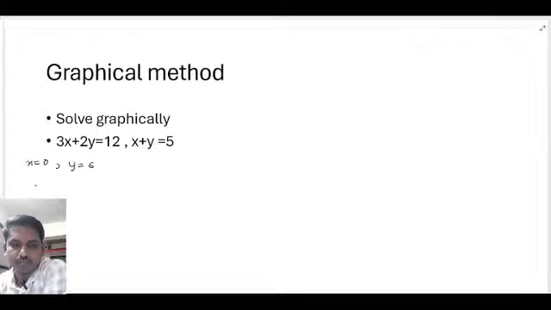Now, let us draw the graph of the equations on Cartesian plane. So, if we draw x axis and y axis, the maximum scale is 6 on y axis, (0, 6) is here, on